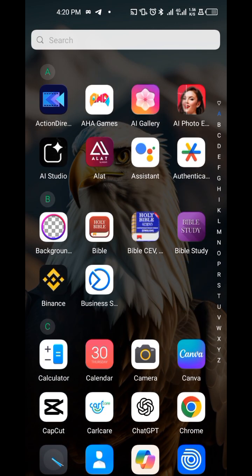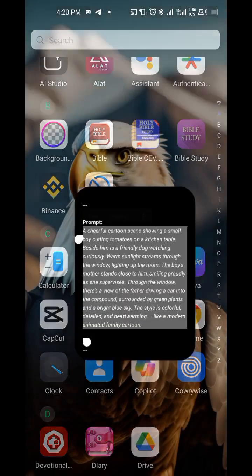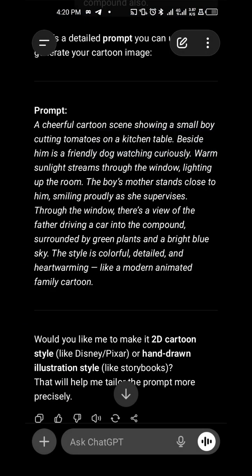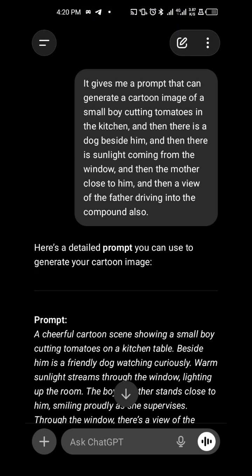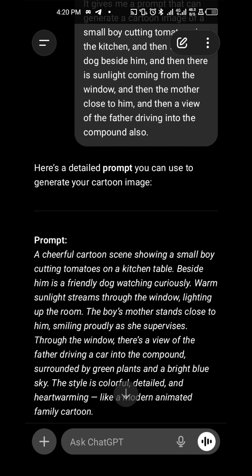So first of all, to get the backgrounds, we need to get a prompt, because Google Gemini works according to the prompt you give to it. So we need a detailed prompt that we can use to generate the backgrounds